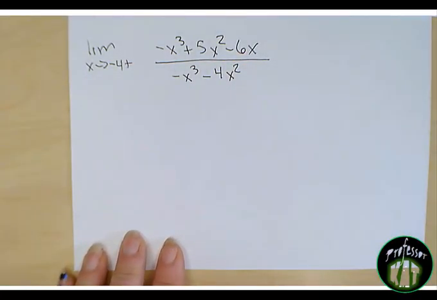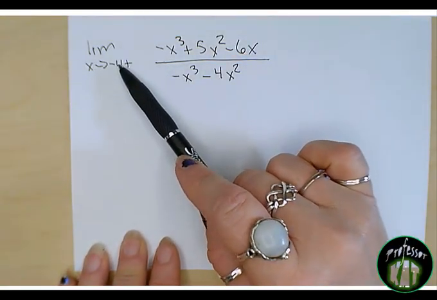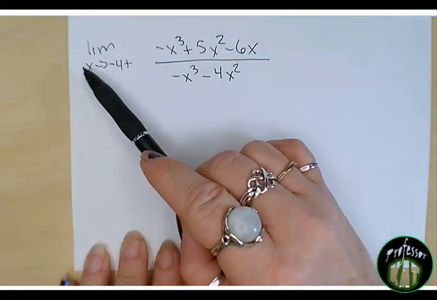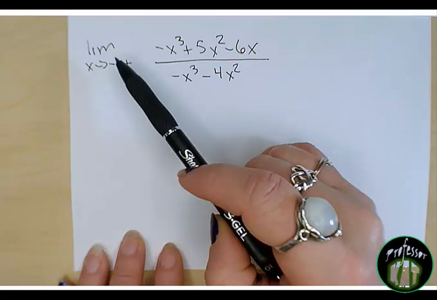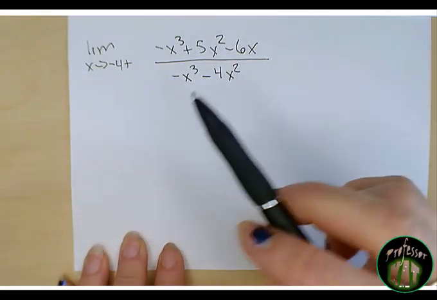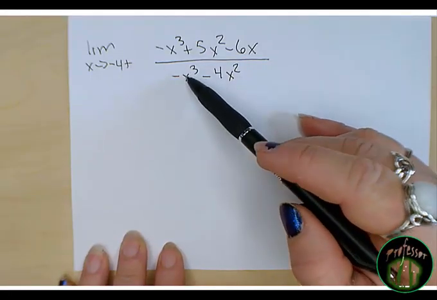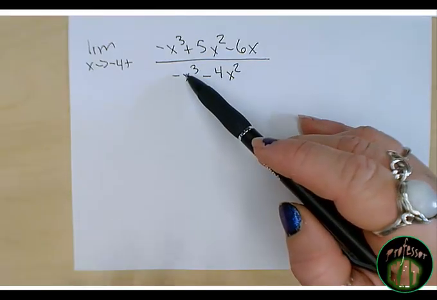So whenever finding limits, again, you always want to try plugging in the number that it approaches. So this one says as x approaches negative 4. So the first thing we would want to try is to take that negative 4 and plug it into your function. Now, if we plug in negative 4 into our function here, well, negative 4 times negative 4 times negative 4